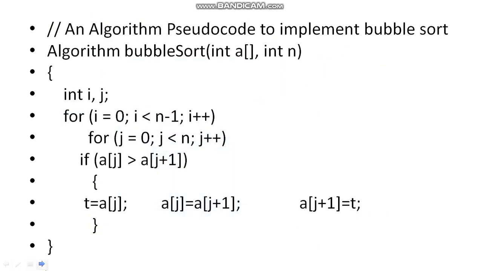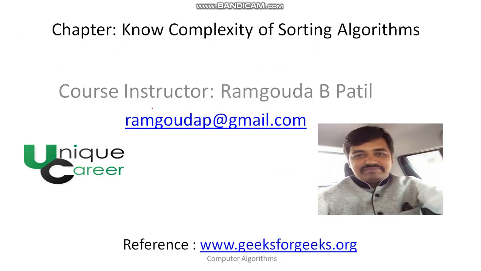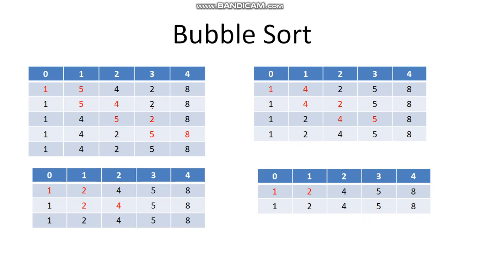So here is the pseudocode for the bubble sort. We have already seen this particular pseudocode previously. What modification can be done in the bubble sort is, in the previous case, once the largest number is placed at the last position, we were still comparing the second last element with the last position, but we know that this is already placed. So instead of comparing the second last element with the last element, we can stop here only. Now at the second pass, the second last element is placed at the second last location. Now we can apply our sorting method in this area only, so from index 0 to 2.